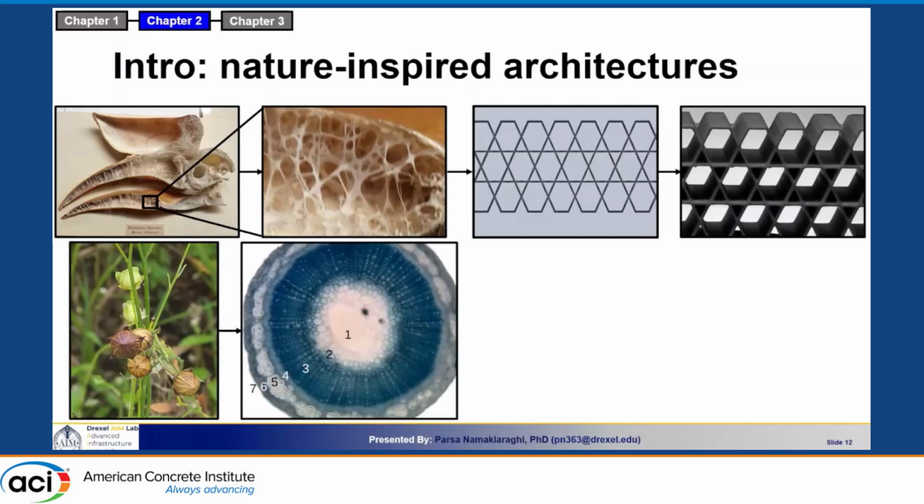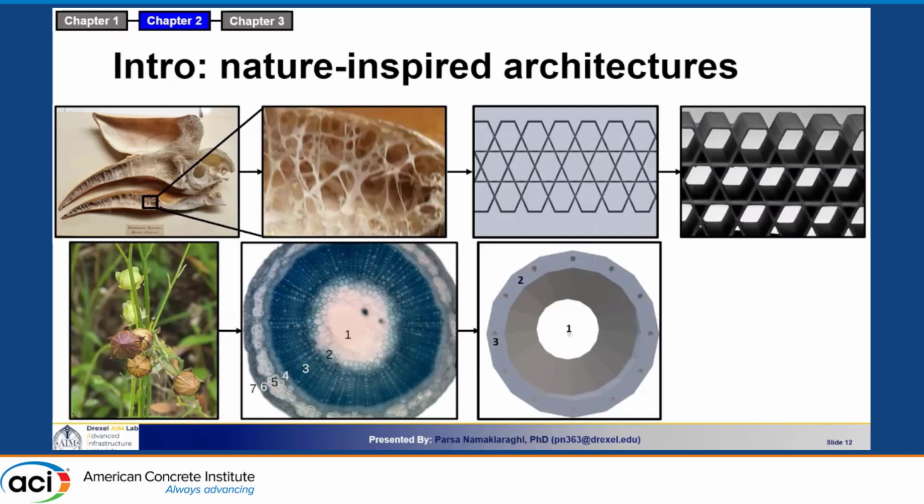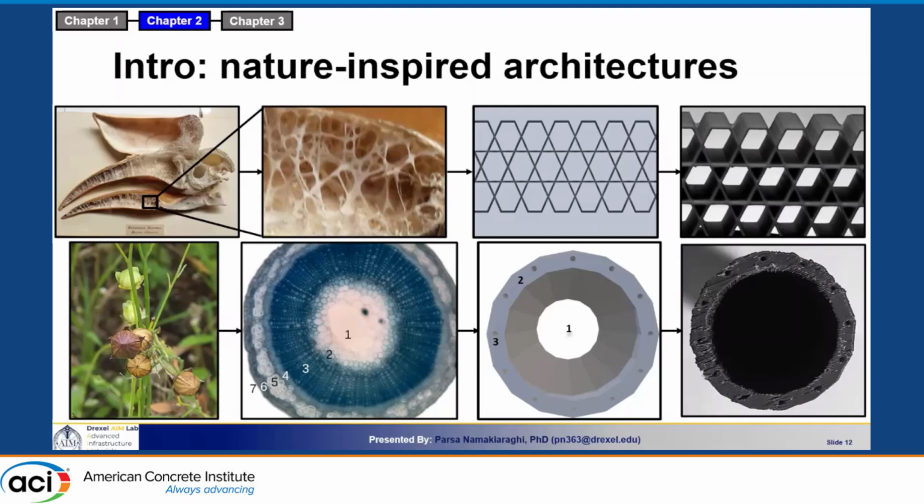And another category that we decided to go with were the hollow architectures found in nature, such as in plant stems, and these single or doubly hollowed structures could provide that increased area moment of inertia. And in this case, the hollow tubes are actually in line with the tensile stress and the loading that is going to be applied under flexure. So the final two pictures you see is where we actually start 3D printing our structures based on these designs,